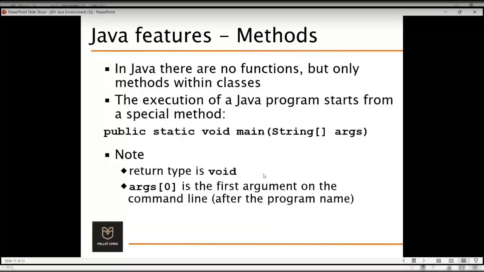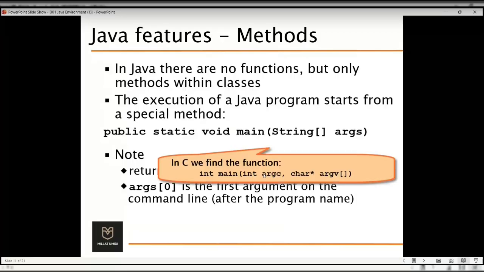For now, let's just assume that this is what we should have when defining a method inside the class. But further, we are going to dive deep into this and learn more about how these things work.